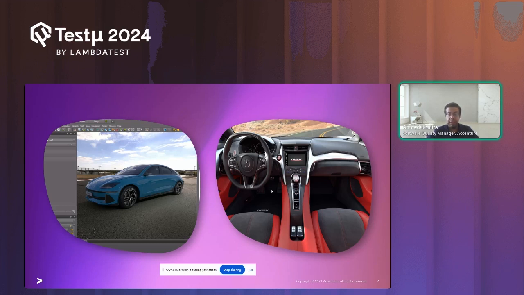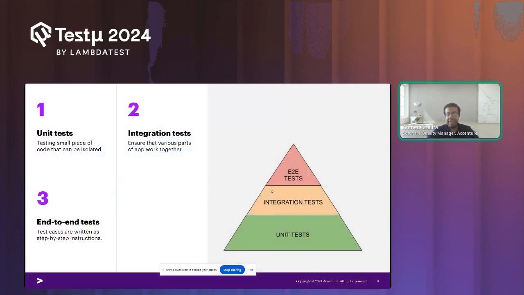I joined as a software automation engineer, and my role was to test the applications that are used to generate such models. As you might know, in testing we have this nice testing pyramid, where you have unit tests that developers need to do to test their code, then integration tests to test the interfaces between applications, and then end-to-end tests.